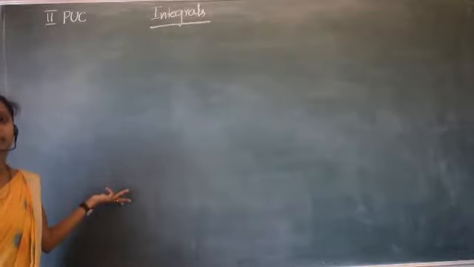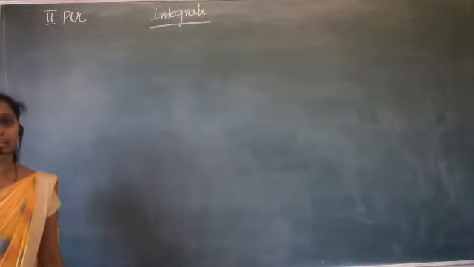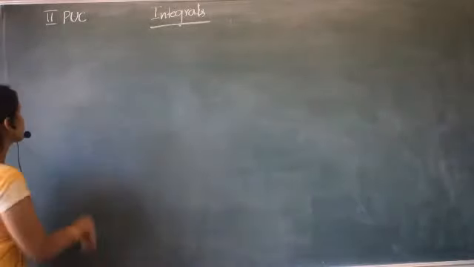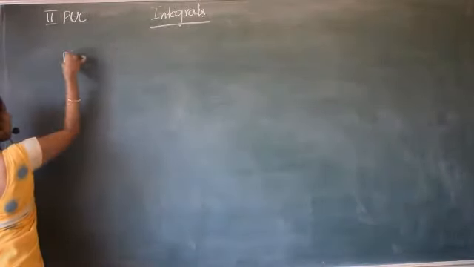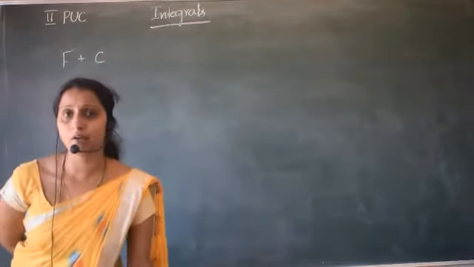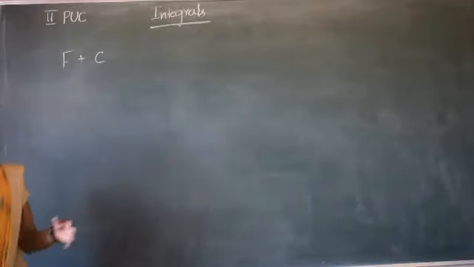Why have we not added c? We have taken the function and we have calculated the derivative. From that we have written the antiderivative. That's why I have not written plus c in those values. But finding the integral from the formula means we have to write the value as F plus c. So c is called the constant of integration that we have to add. So this c gives a set of solutions for the given function, not only one integral value, it gives many integral values for a given function.